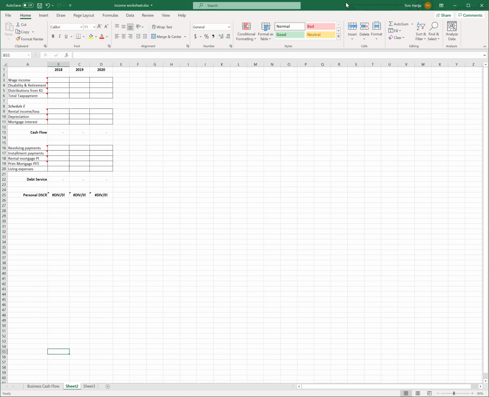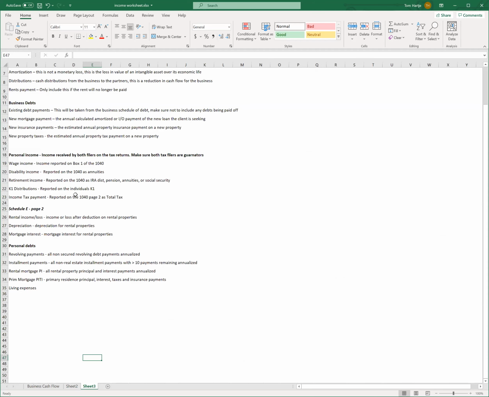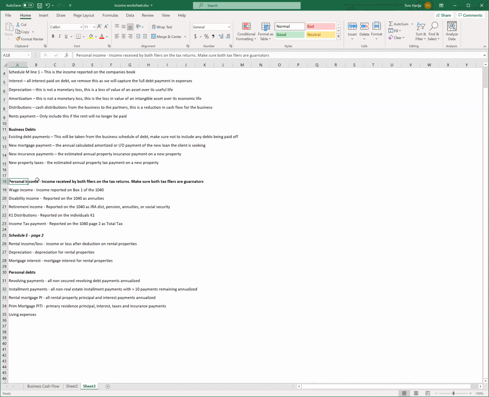So on the personal side, basically, we want to make sure that they are personally financially sound, and it's not a case where the business is supporting them too much and they're going to undermine the cash flow on the business side with personal expenses. And the first line that we're going to be looking at is going to be wage income. And it's important on the personal income side,